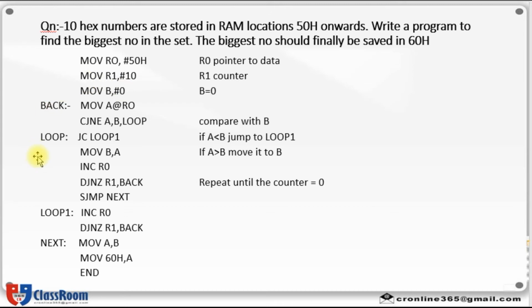For example, 0 is compared with 1. So, 1 is a bigger value. So, you have to save that 1 in some particular location. Then you have to compare another value with this one. If it is greater than 1, then you have to save that value in that particular location. Like that, you have to find the biggest number and you have to finally save that biggest number in the